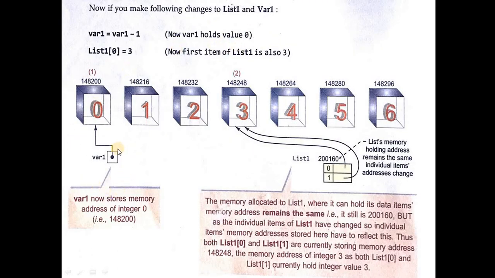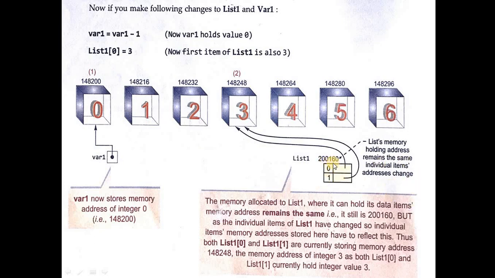Now what happens there? When you are changing the integer's value, now it is pointing to 0 and it will be showing the address. So when the value of an integer changes, its memory address also changes. Its memory address also got changed, which is not at all happening in any other programming language. So this is how memory is allocated in Python for immutable data.